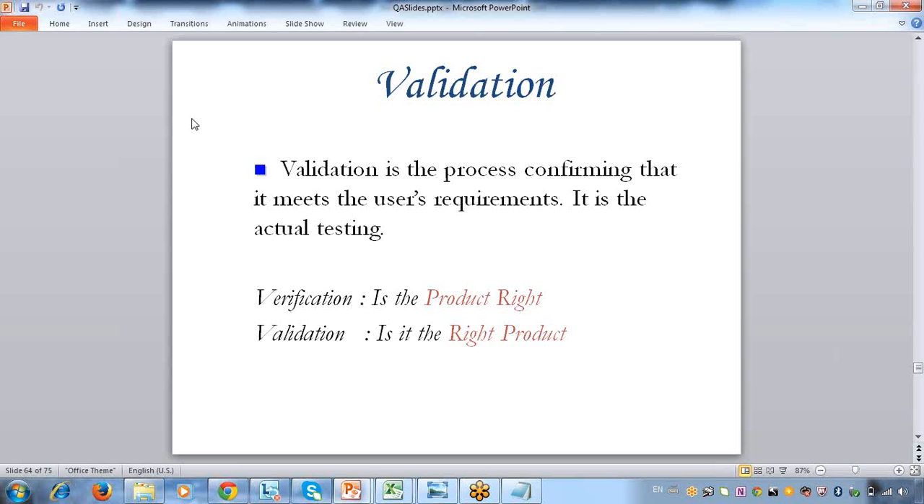But when you say validation, it means you are actually testing the application and you are checking whether